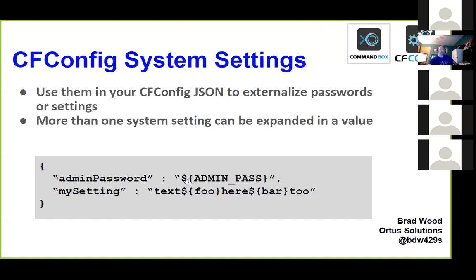Doesn't have to be one placeholder. You can have as many as you want. So my setting, which is a made-up setting here, I have the word text followed by the value of foo, followed by the text here, followed by the value of bar, followed by the text to. And those will just all be replaced in line, just like you would expect ColdFusion variables to be interpolated into a string. So this is super powerful because this lets you externalize the secret bits or the variable bits